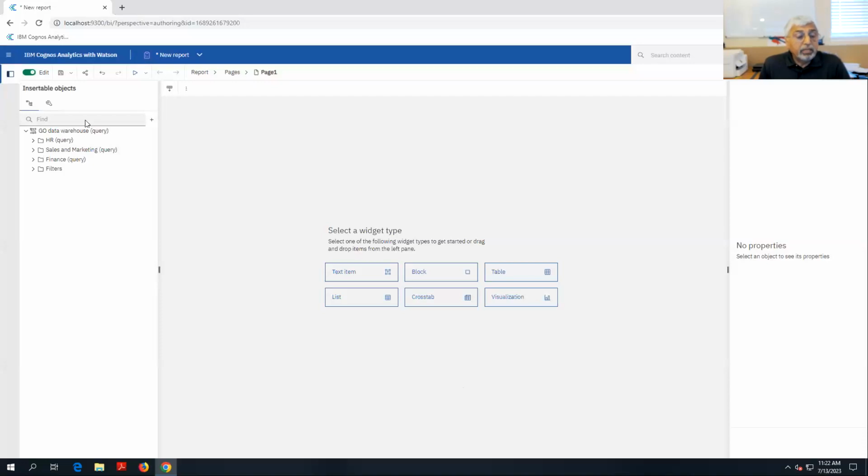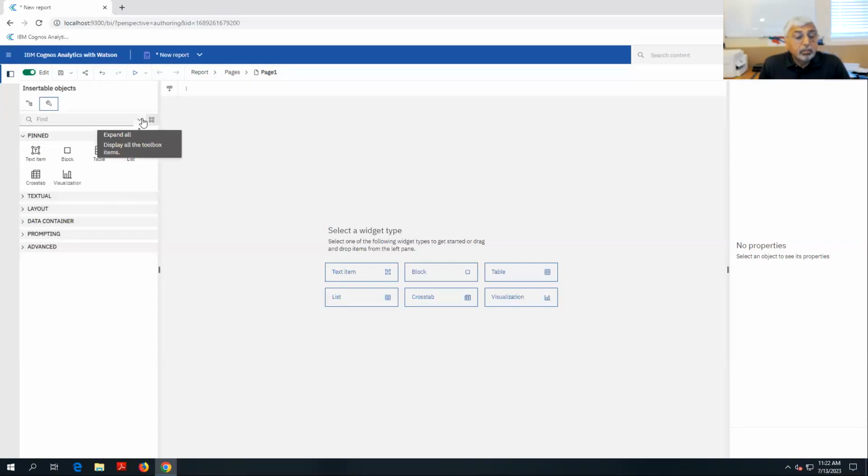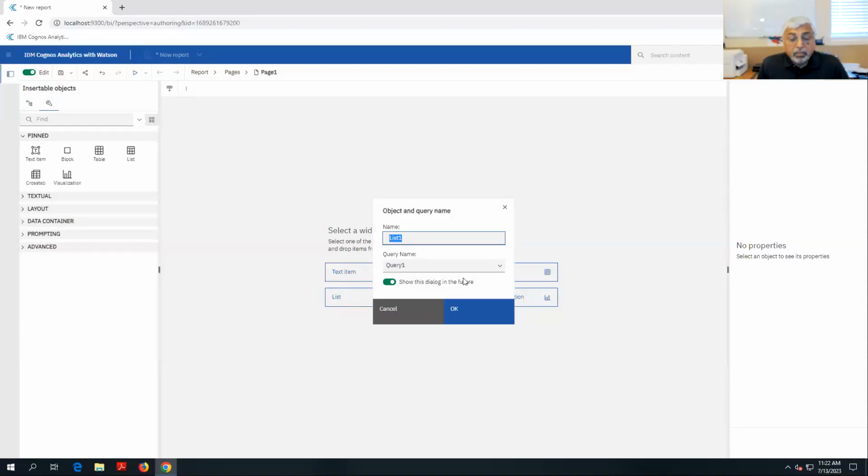Everything else looks very similar, but when I click on toolbox, you see that by default, it comes in icons, but I can change it to another view if I wanted to. And on the top, the edit or non-edit mode also is through a small button. So when I add a list here,